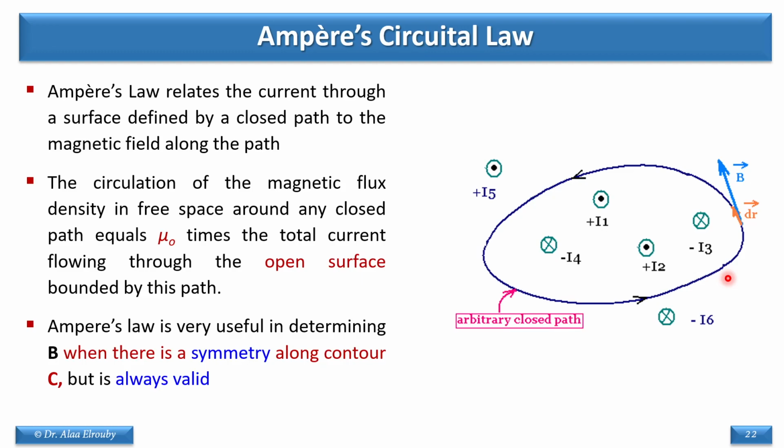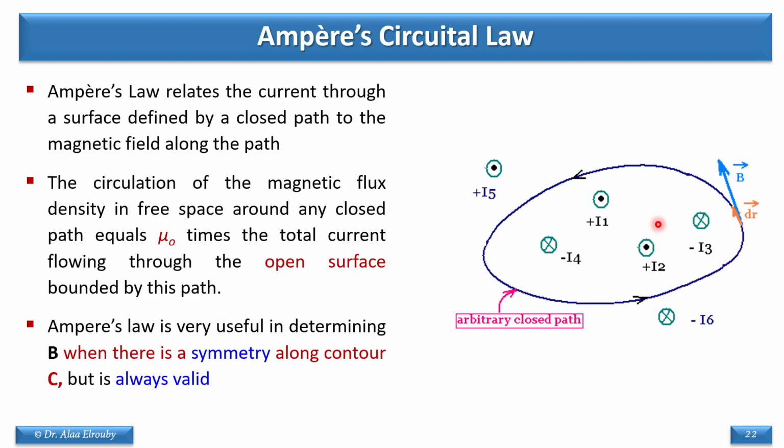We can talk about the bottom side of this surface, but in this case we'll be pointing out that we need to have the rotation clockwise. Okay, so what Ampere's law is saying is that B dot dl along any contour equals the total current flowing through this open surface defined by the contour, and top side or bottom side is defined by the direction of rotation of the contour, and there is a constant mu naught on the right side, multiplied by